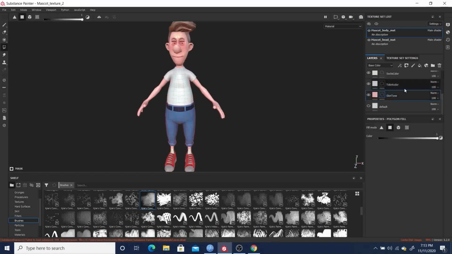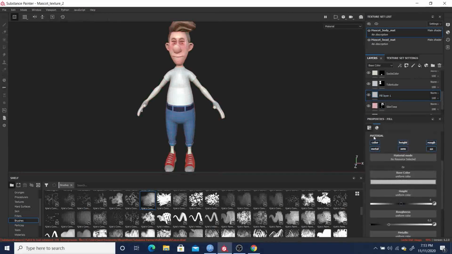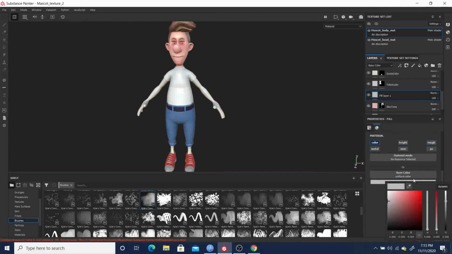So from here, we'll add a fill layer, just color again, and then go to the skin tone, and then a darker, kind of darker red color we have,